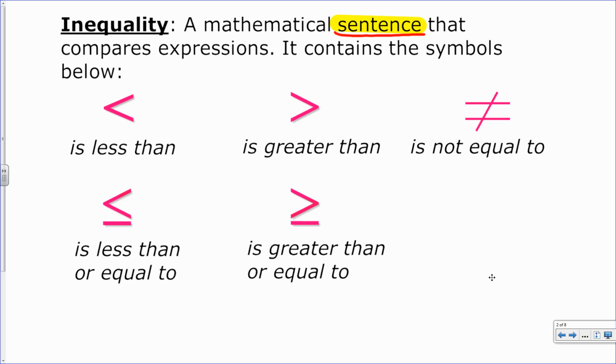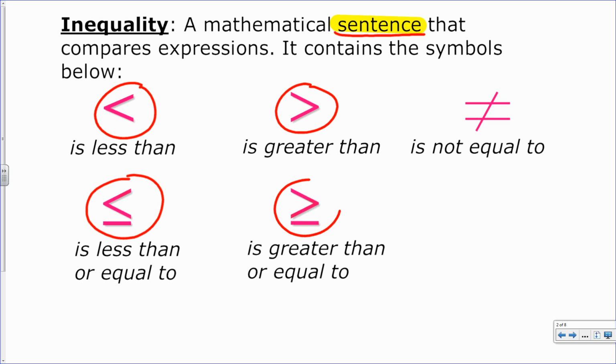So fill these in. This symbol is less than, or we have is greater than. We also have is less than or equal to, and is greater than or equal to. Those are your main symbols. I also wanted to introduce this symbol right here, which means is not equal to. We will not be doing a lot with that symbol in this chapter, but I wanted you to be aware